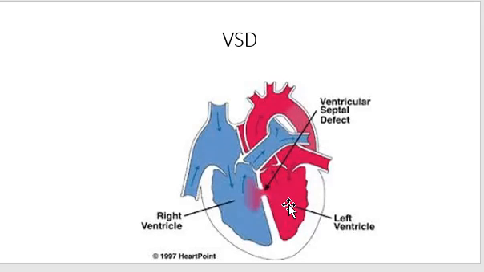And because of the higher pressure within the left ventricle and because the systemic arterial circulation offers more resistance than the pulmonary circulation, the blood flows through the defect into the pulmonary artery. So the increased blood volume ends up getting pumped into the lungs. And this may eventually result in increased pulmonary vascular resistance and increased pressure in the right